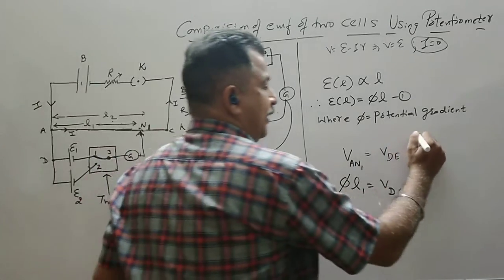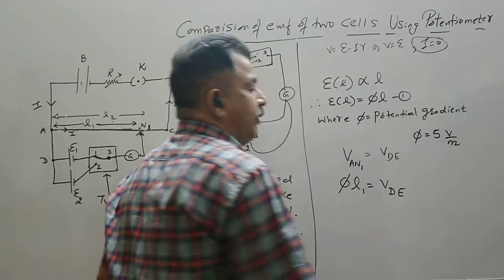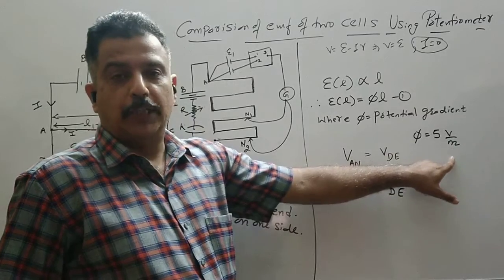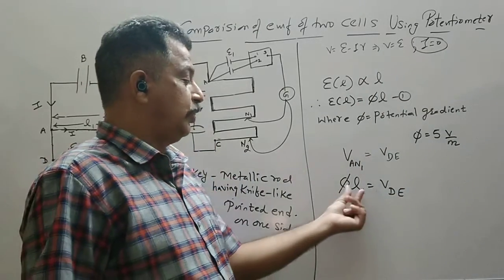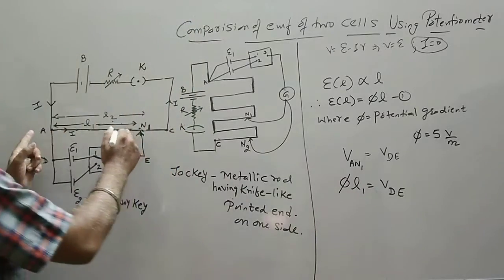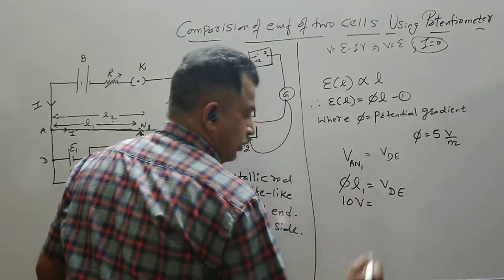So if for an example phi is given as 5 volt per meter, it means per meter of potentiometer wire have 5 volt as a potential difference. If I have 2 meter, suppose this length comes out to be 2 meter, so this should be equal to 10 volt. Now VDE,